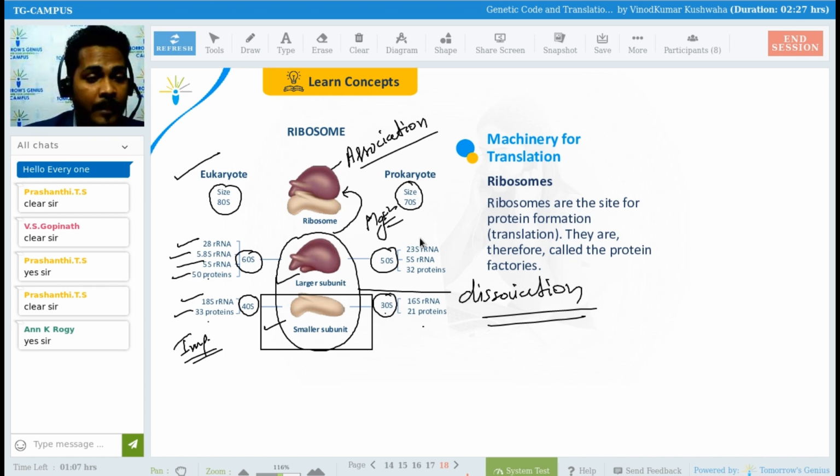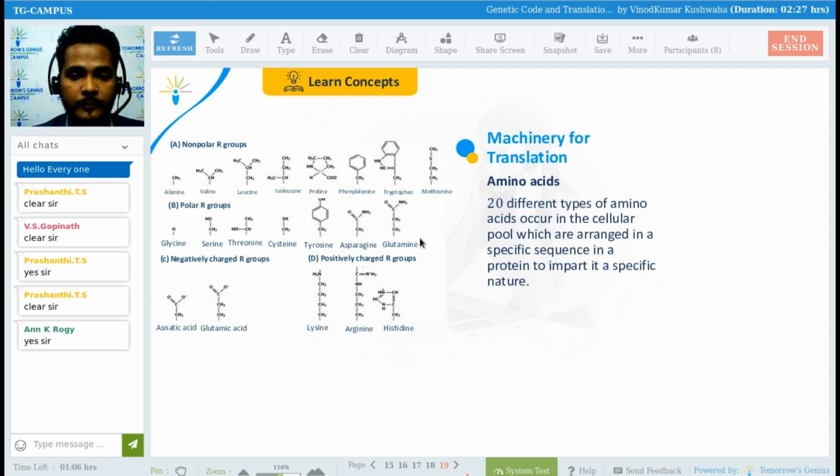So the very first component is ribosomes. I hope that everyone is clear about it. Yes, or still anyone have a doubt on this ribosome, then please ask me. Yes, anyone have a doubt? Shall I move ahead? Okay, now come to the another one, that is